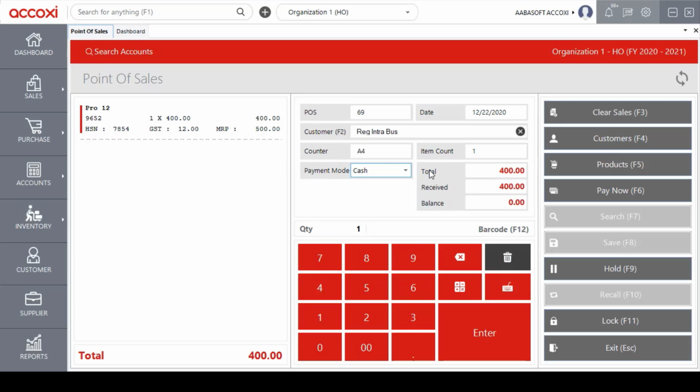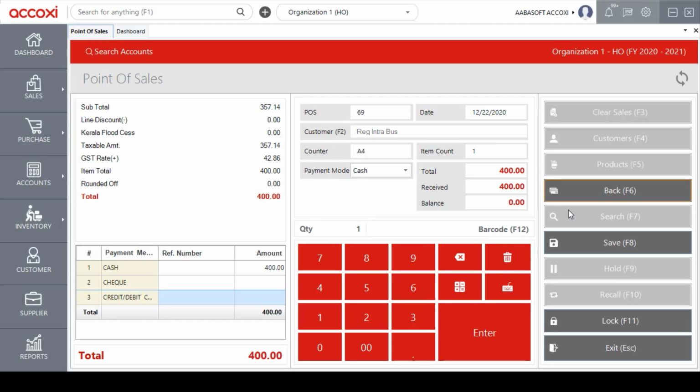Next one is the payment option. For the payment option, the user can enter the shortcut key F6 or select the option Pay Now. When we click on the Pay Now option, on the left side of the screen, the payment calculation will automatically appear. Here we can see the subtotal amount, the taxable amount, GST rate details, and the total amount of